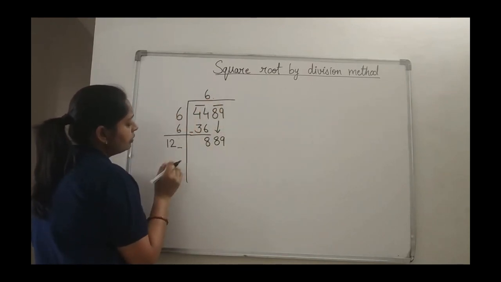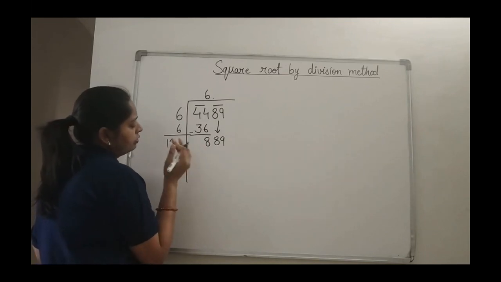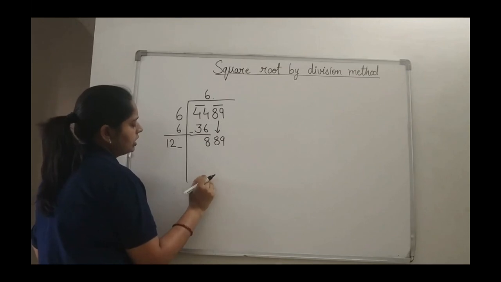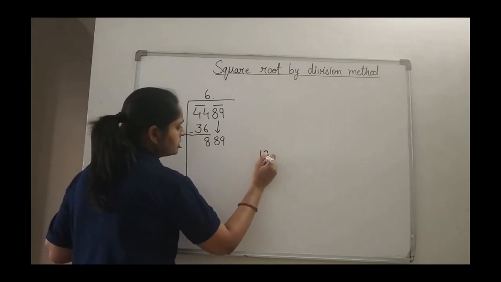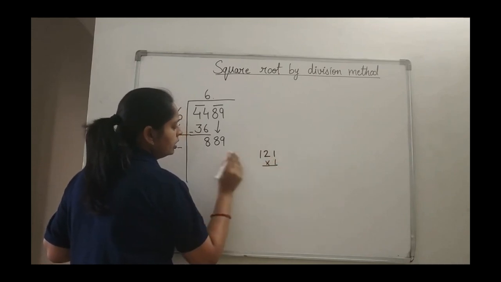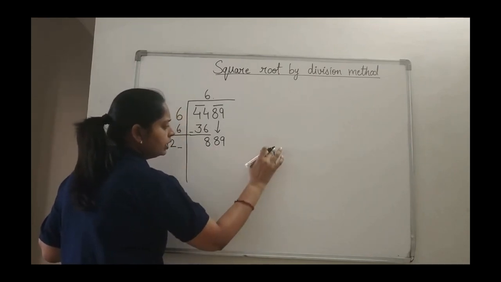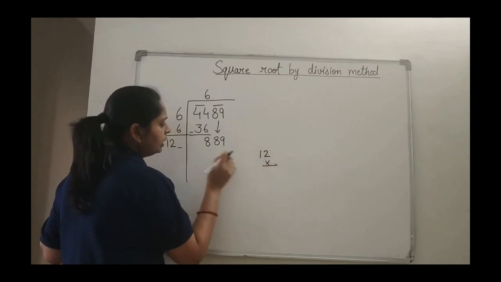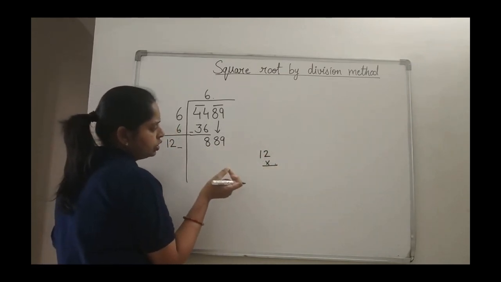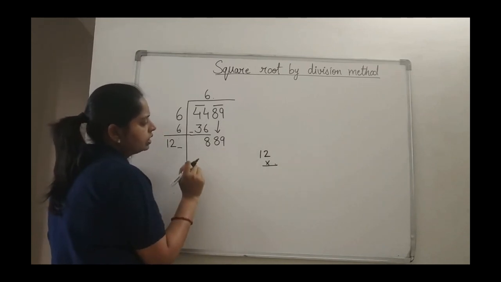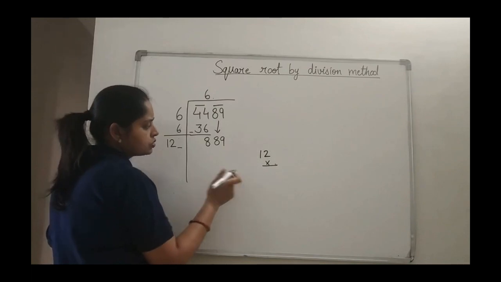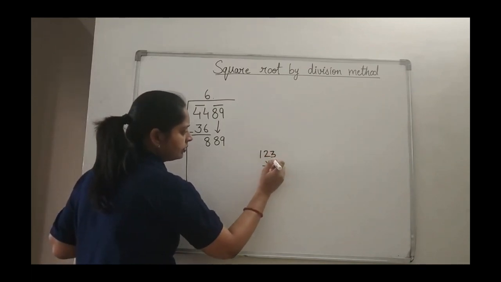Okay. And now we have to make the entry of one digit over here, and whatever digit entry we make here, the same entry we have to make here also. And which type of digit do we have to enter? Our target is 889. So suppose I am putting 1. So 121 into 1 I have to do. Then it is very small. So I will go for 2. But why should I go for 1, 2, 3 and all that? Think for a digit so that the last digit is 9. And how can I get 9? I can get 9 by 3 3s are 9. So let's check for 3.